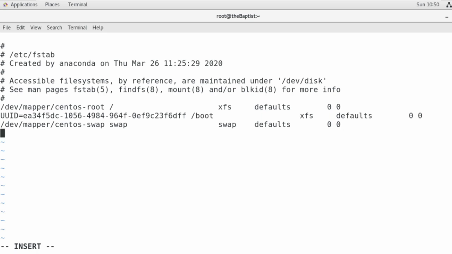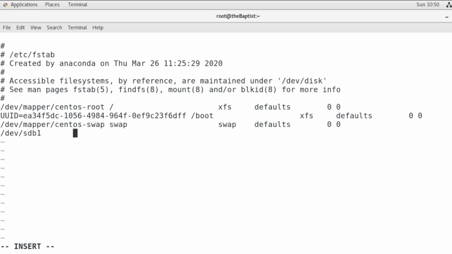Now I'm going to add two lines so that the two partitions are permanently mounted in this file system. And for that, the first thing we need to give is a location, that is /dev/sdb1. Always press tab. This is separated using a tab.